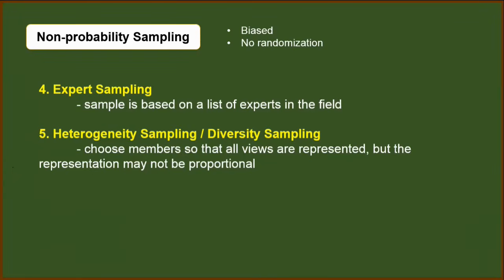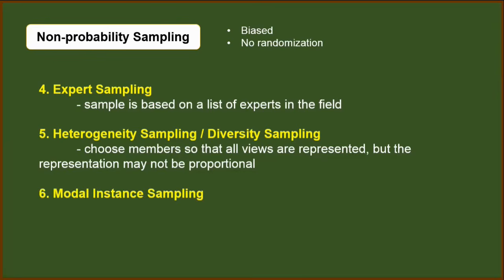For instance, a researcher wants to identify if sex is affecting the study habit of students. So he will select 10 female and 10 male to participate in his study. However, even if both male and female are represented, 10 female and 10 male may not be proportional to the entire number of females and entire number of males in the population.